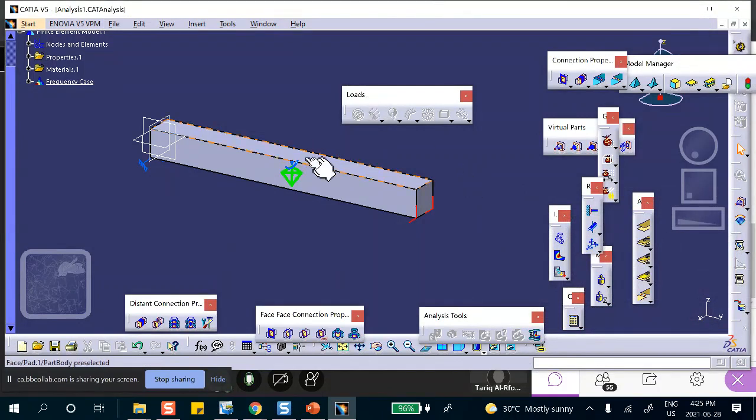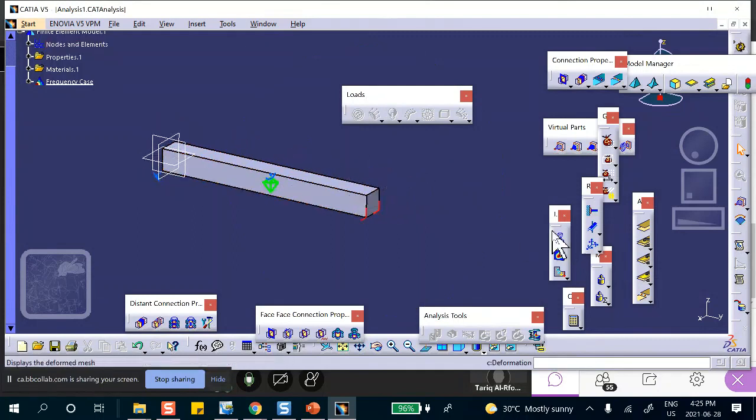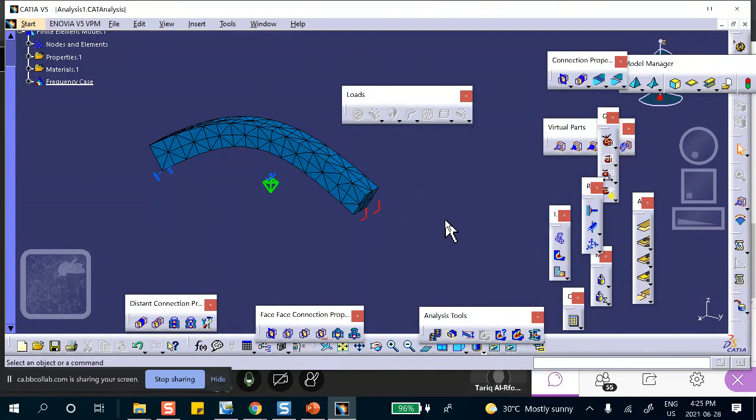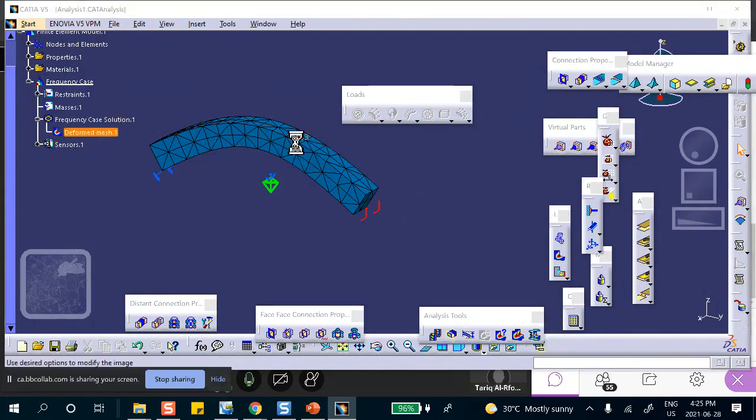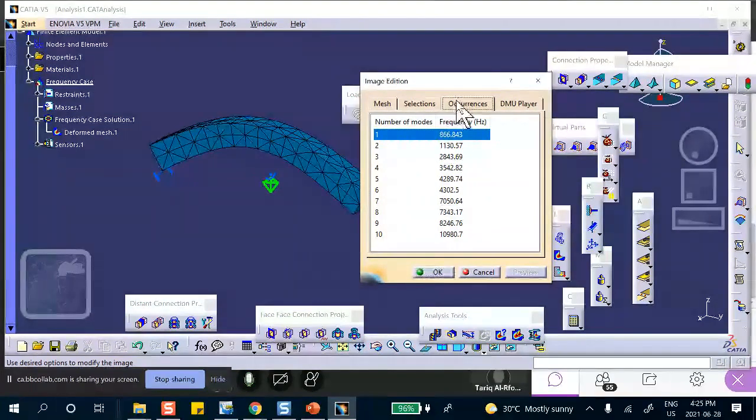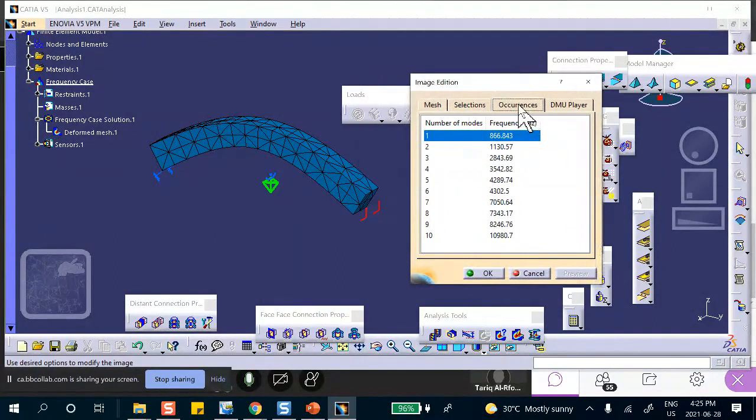So let's look at the deformation modes. To see the deformation, this is what you always click. Ooh, that looks good. Now double click on this either on the screen or from the tree, either way. You have an occurrence tab. Occurrence tab is because we have deformation at different frequencies. These are the modes and these are the frequencies. We never had this occurrence tab before. We had it there, but if you selected it, there was probably nothing there.